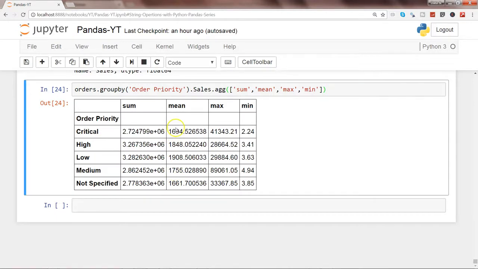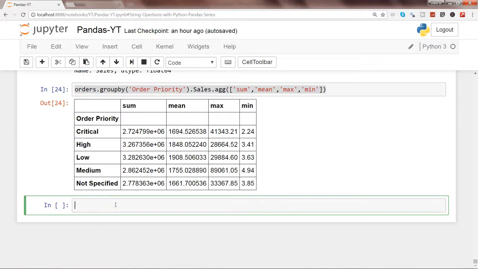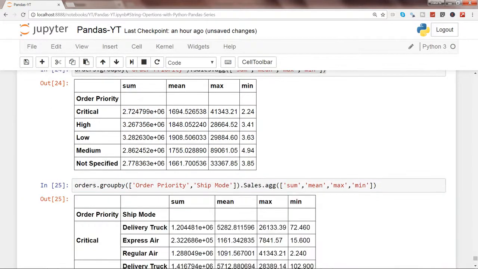Let's say you are interested in grouping not only by order priority but maybe shipping mode as well. What you can do is copy this entire piece and paste it over here, and in the group by I will open up a bracket, put a comma and say ship mode, which is one of the columns in this data frame, and press enter.